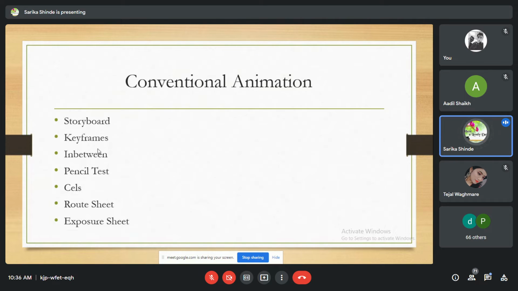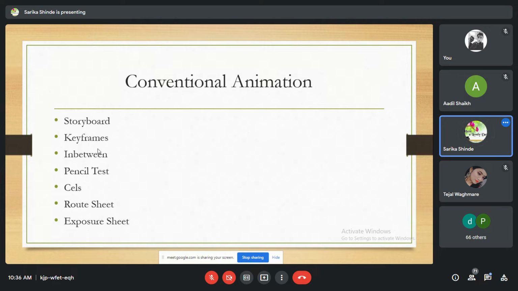And next step is exposure sheet. This is also known as camera instruction sheet. This tool allows the animator to organize his thoughts and give instructions to the camera operator on how to shoot the animation.